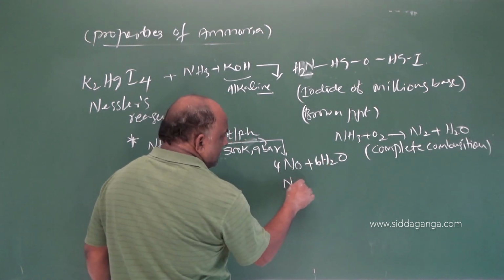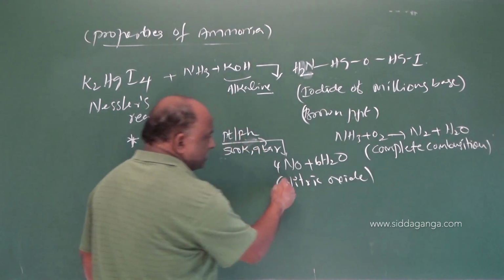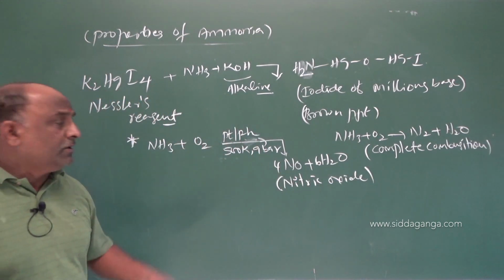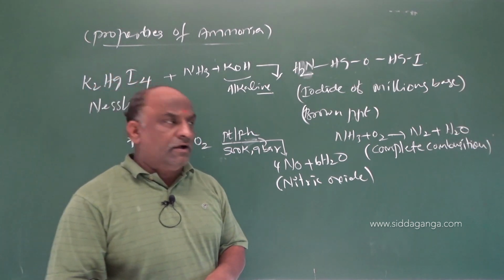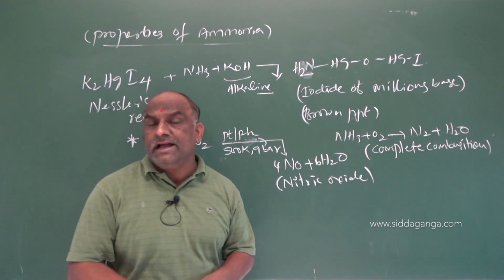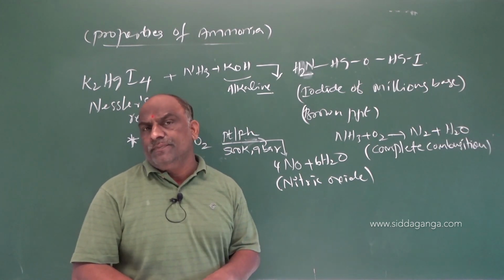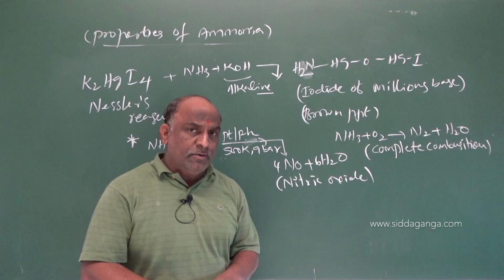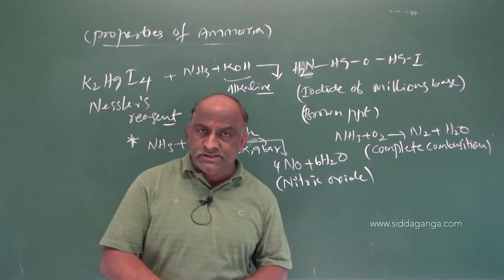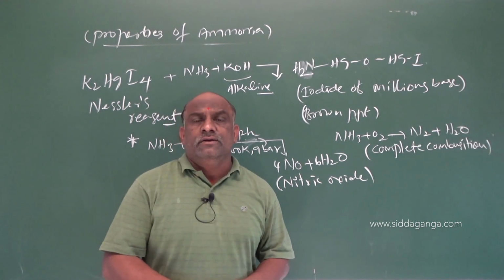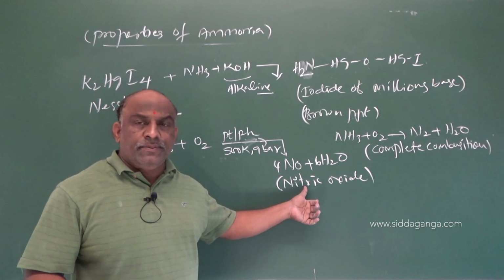So NO is called nitric oxide. Very, very important, my dear students. Make a note, this is a very, very important principal key step in the preparation of nitric acid. After completion of this, the next topic is the preparation and properties of nitric acid, molecular formula HNO3, and one named process is there, that is the Ostwald process. How to manufacture nitric acid from the Ostwald process. This was one of the important steps.